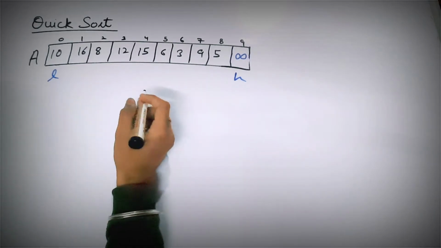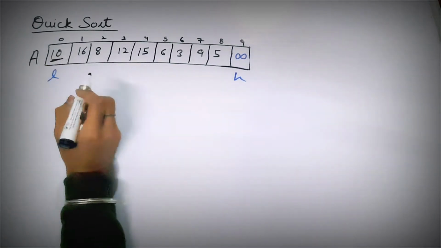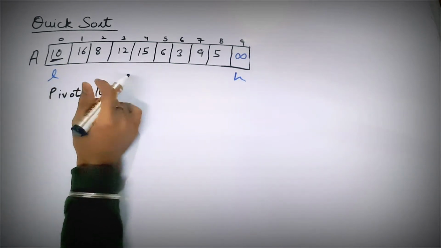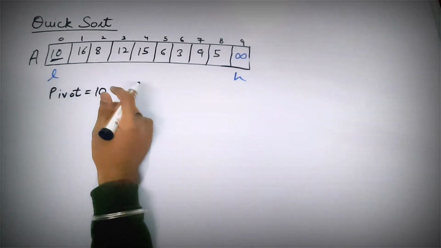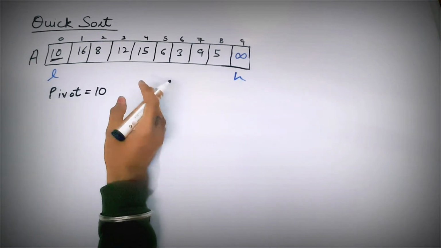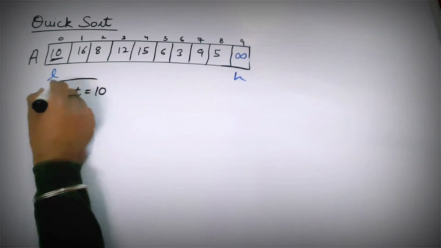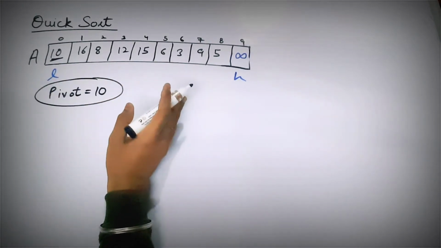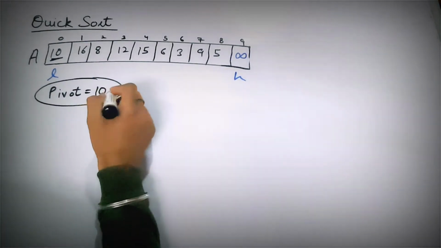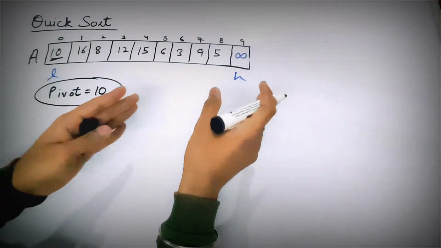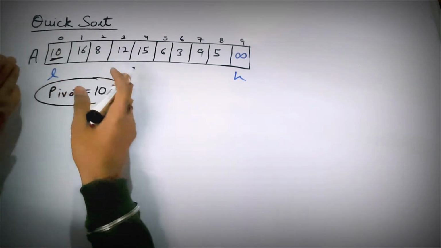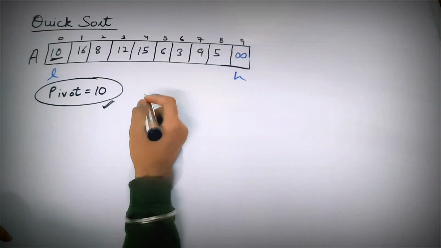So now we take the first element from the left, that is 10, as the pivot element. So pivot equal to 10. As discussed above, quicksort follows the divide and conquer technique, which results in partitioning the array into subarrays. We will partition the array in such a way that the elements that are less than the pivot element would be on the left side of the pivot, and the elements that are greater than the pivot element would be on the right side of the pivot. If any element is equal to the pivot element, it can go to either side, depending on the way you have implemented the code.